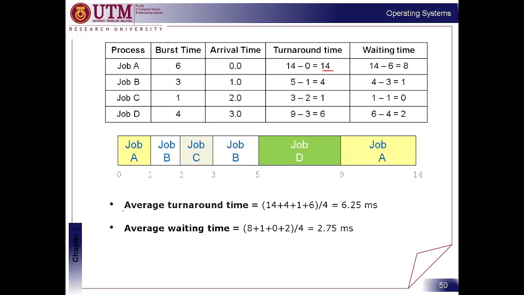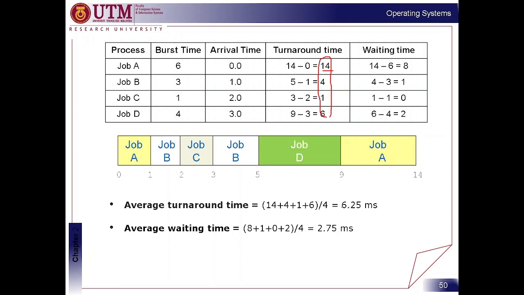To get the average turnaround time, we just add the values of turnaround time for all processes, and then divide by the number of processes, which is 4. So we will get 6.25 milliseconds. For average waiting time, we add the waiting time values for all processes and divide by the number of processes, which is 4, and we will get